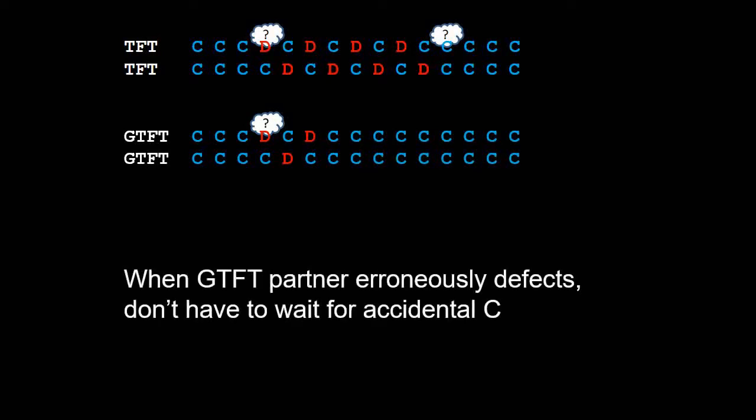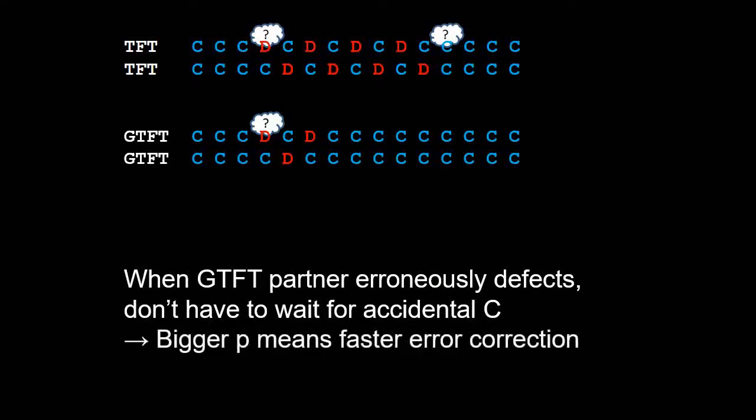And so that's great, and that means that generous tit for tat against itself does much better than tit for tat against itself, because it's much faster to get back on track. And obviously, the more forgiving you are, the bigger this value of p is, the faster you get back on track. So that's great. But the flip side of being forgiving is it allows you to get